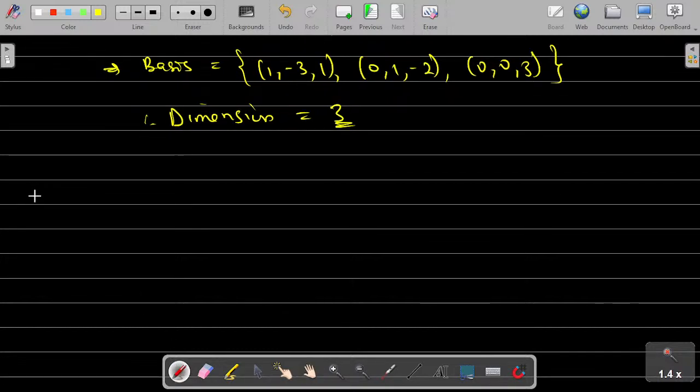Okay, so let's look at E now. So E says find the